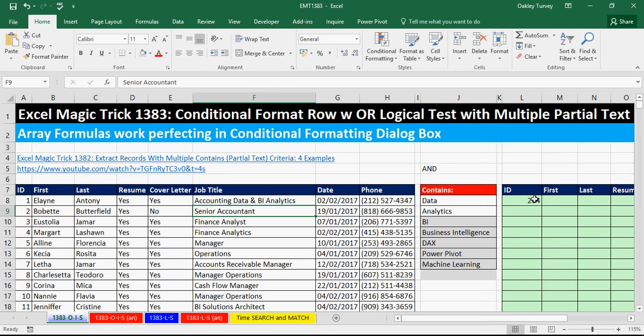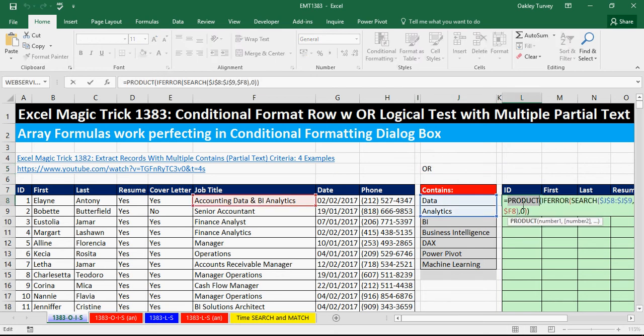Now, as it was before, if it doesn't find both of them, it gives me a 0. If it does find both of them, it gives me the number. With the OR, if it found one or the other, then it will give me a positive number. If it finds none of them, it gives me a 0. So all we need to do now is build this into our function. So I'm just going to change that back to sum,